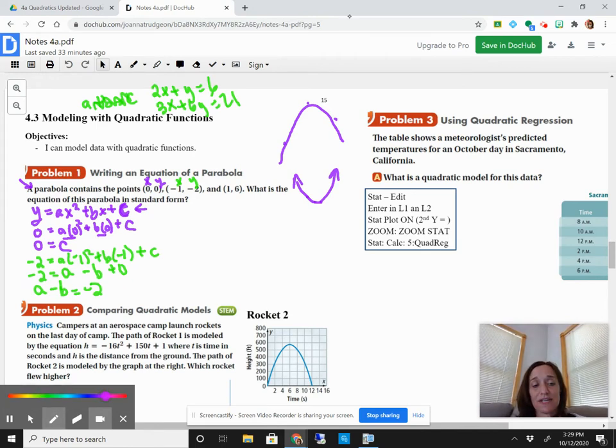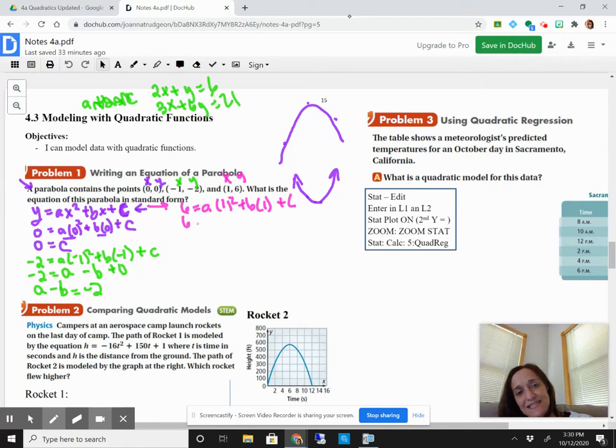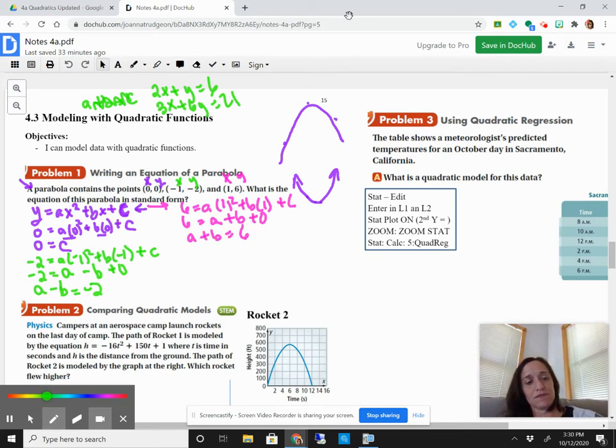I have a third point, and I'm going to do something with that. So that is this point, (1, 6). So using this equation here, 6 equals A times 1 squared plus B times 1 plus C, which I know is 0. 6 equals 1 squared is 1, so that's A plus B, then plus 0. So if I write this one in standard form, A plus B equals 6. So I have that one, and I have this equation,